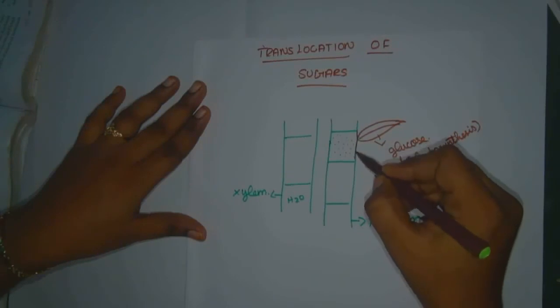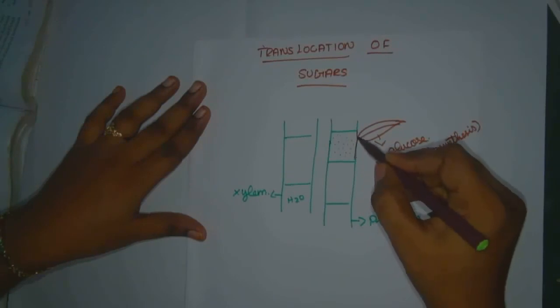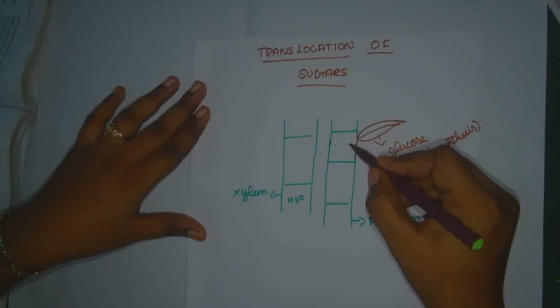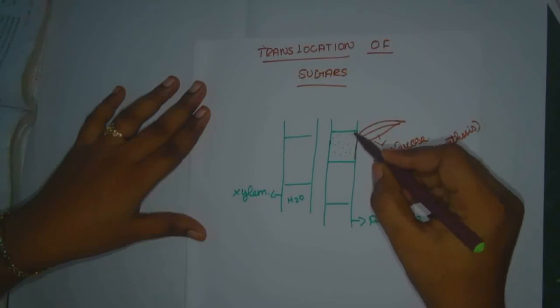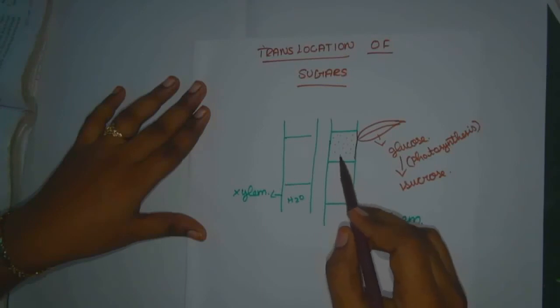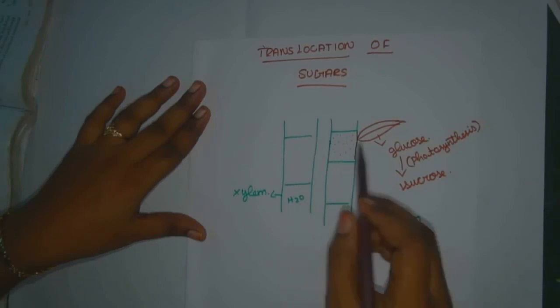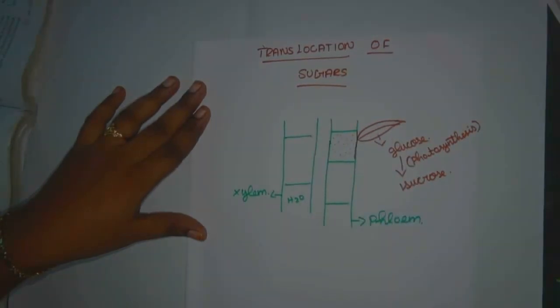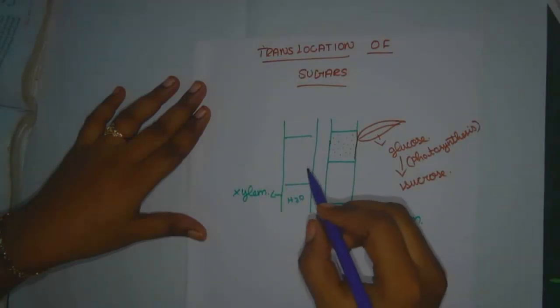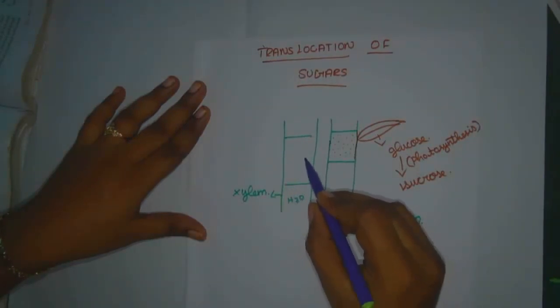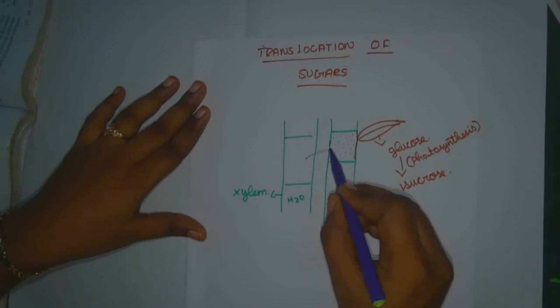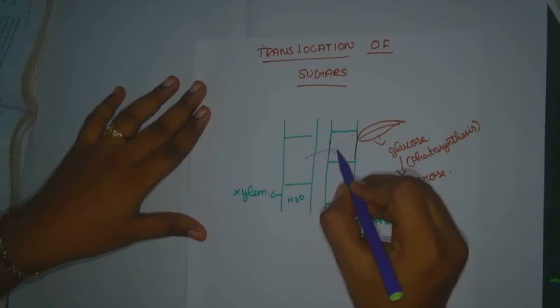At that time they have a sieve element. Here this is a sieve element, and that is the companion cell. With the help of the sieve element they enter into the phloem part. Here they receive the sucrose until they reach the equilibrium stage. Now they have a full amount of sucrose, so they have high pressure. As the osmotic pressure builds up, water enters into the phloem part.